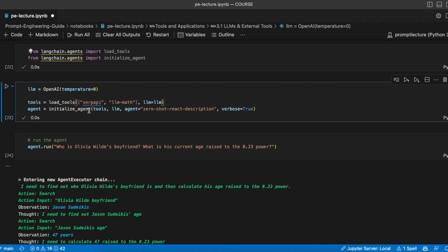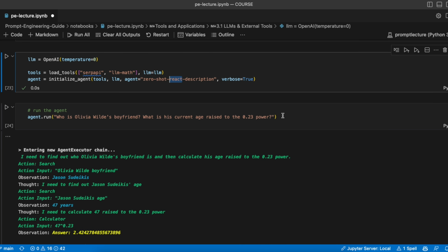On the agent, we initialize it. We pass in the tools. We pass in what type of agent. There are a couple of agents, again, using ReAct here. And you will see how this concept of ReAct, really this idea of reasoning and thoughts that is possible with language models, and then you combine it with this action that you pass to an external tool, can be pretty useful for very basic and very complex tasks as